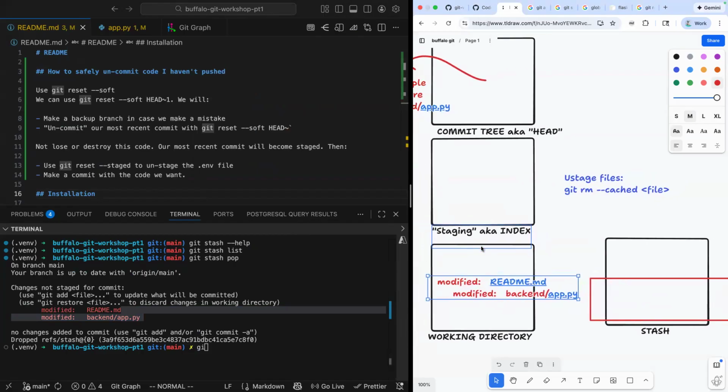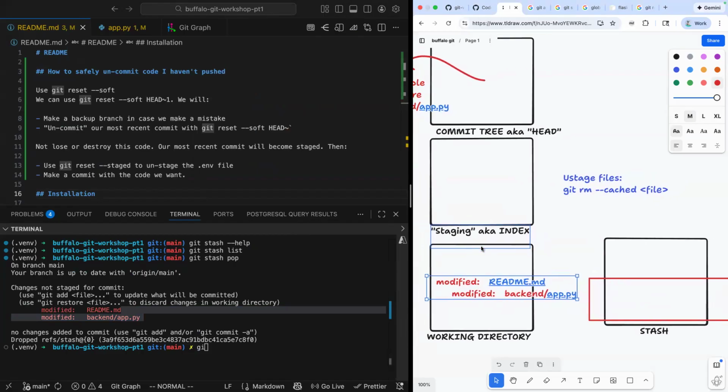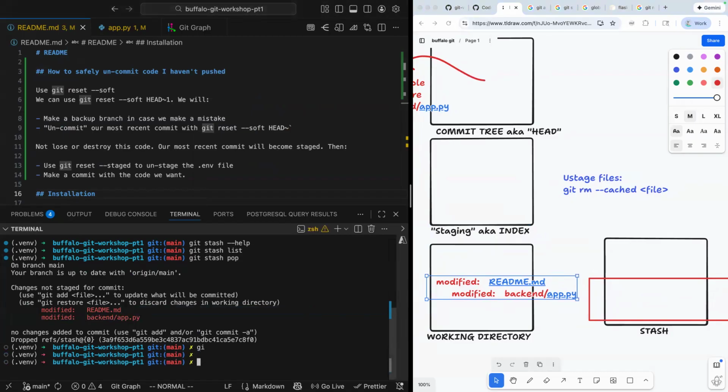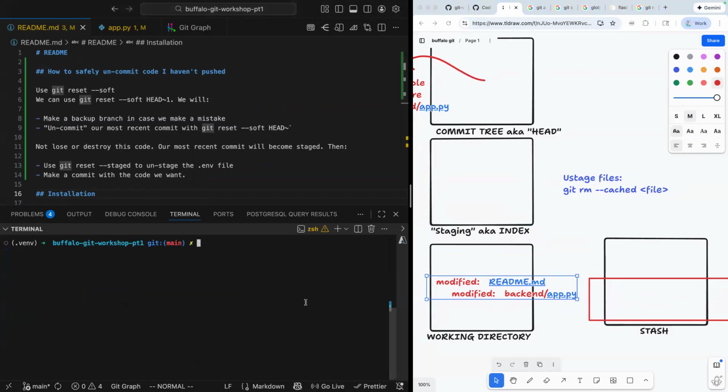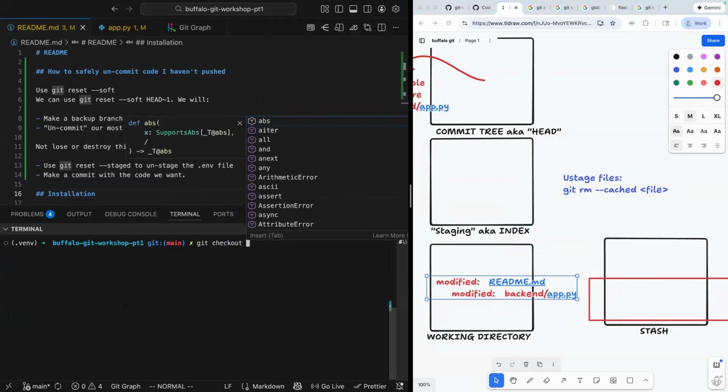Now, in practice, I have been using Git for over a decade. I don't think I've ever put more than one thing in the stash at a time, and I don't recommend doing it. Just keep it simple. And what it's really good for is a situation like this, where I'm not done working